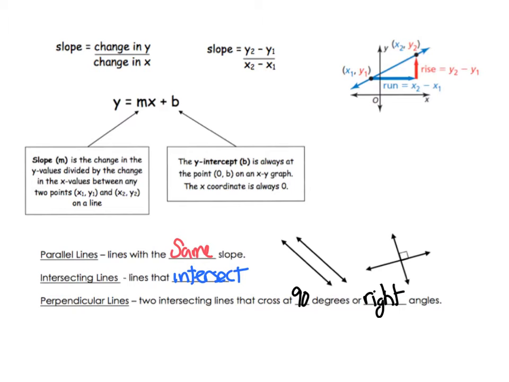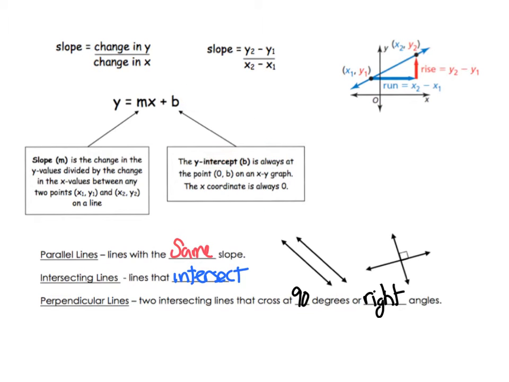All right, so just a few things to remind you about lines. We should recall that we can find slopes of our lines. We have positive slopes, negative slopes, zero slopes, and undefined or no slopes. Slope basically means we're looking at a change in y divided by a change in x. Here's our slope formula as well. Another way to find slopes when graphing is looking at the rise over the run. This is slope intercept form: y equals mx plus b, where m represents your slope and b represents your